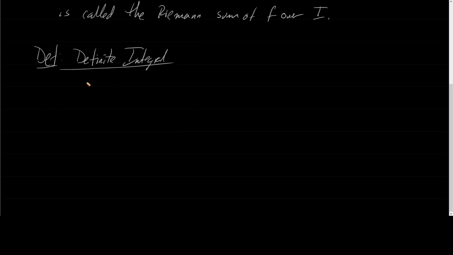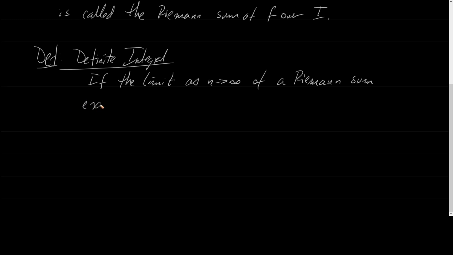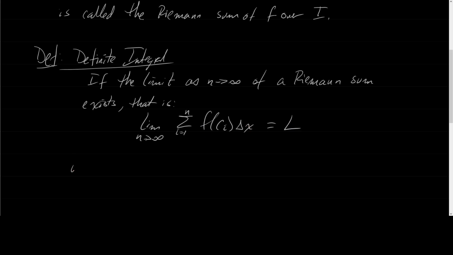So if the limit as n goes to infinity of a Riemann sum exists, that is, the limit as n goes to infinity of the summation from i equals 1 to n of f of c sub i delta x, if that limit actually goes to some value L, where L is a real number,